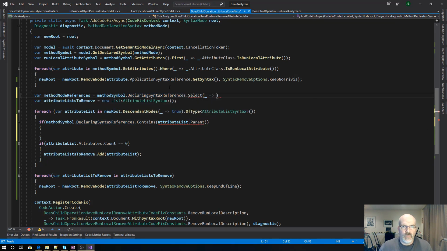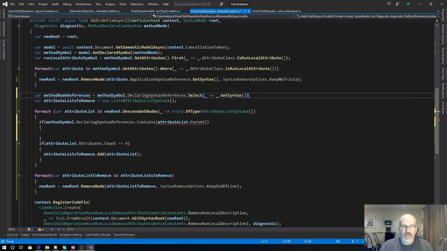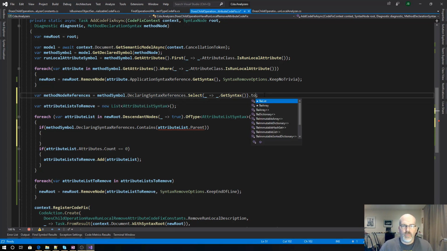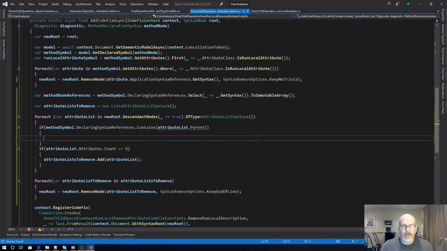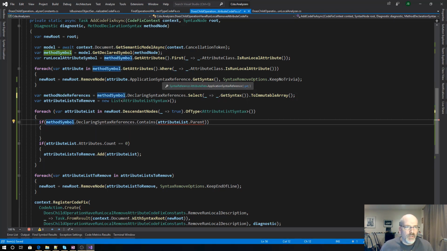Select syntax. So this should be to mutable array. So this gets us this, okay? And so then we'll say if